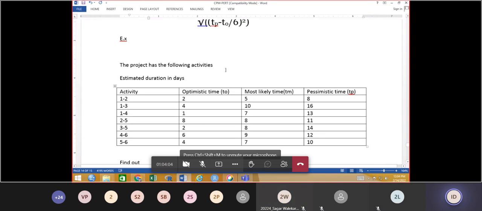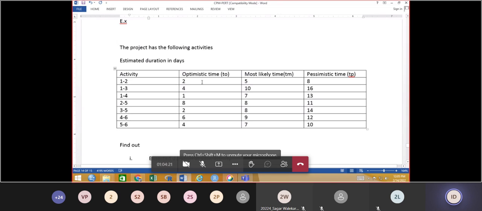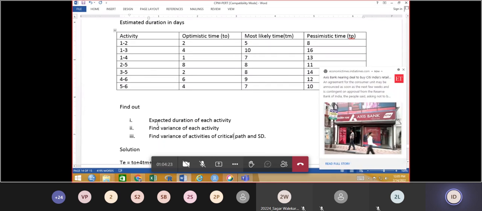Now I will explain this again. Example: the project has the following activities: 1 to 2, 1 to 3, 1 to 4, 2 to 5, 3 to 5, 4 to 6, and 5 to 6. The optimistic time, most likely time, and pessimistic time are given, and all the time estimates are given in days. They have clearly mentioned this. So now we have to find out